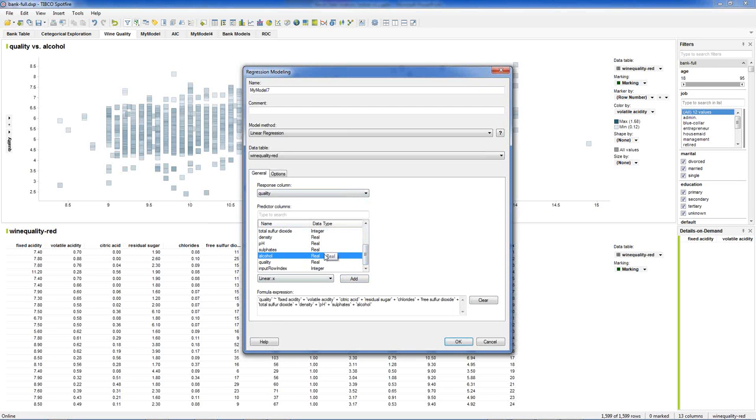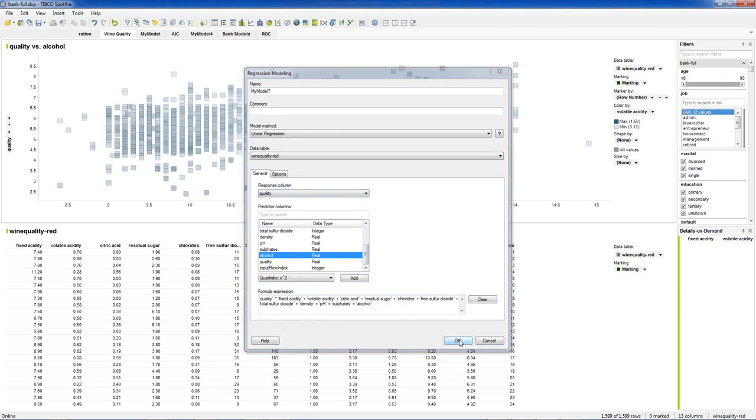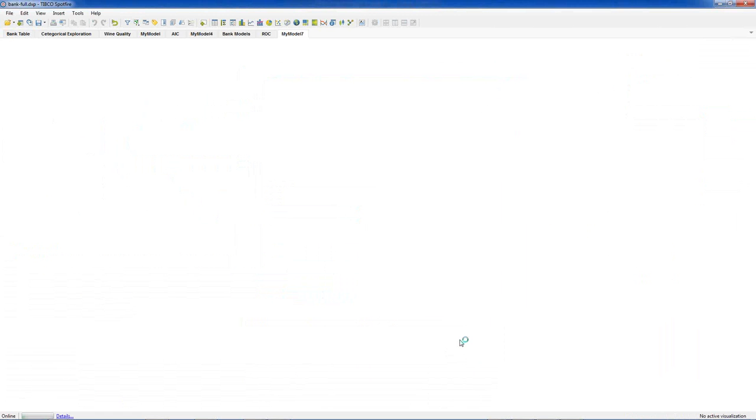So if I wanted to add alcohol as a quadratic predictor, I can do that as well. You can see it inserted this statement, polynomial of second degree. But I'm not going to do that. Just get rid of it. And I will run the procedure.